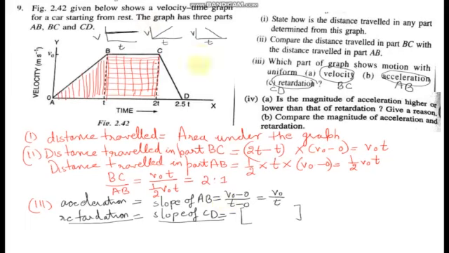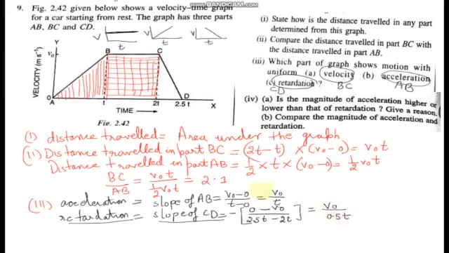The slope of CD gives us a negative value. That is negative acceleration. Negative of acceleration is actually the retardation. So how is it? The perpendicular distance over the horizontal. Now how is the perpendicular? The body is moving from C to D. So the final position is 0 and the initial position is V0. And here the final part is 2.5 t and the initial position is 2 into t, and it comes out to be V0 by 0.5 t, this much.